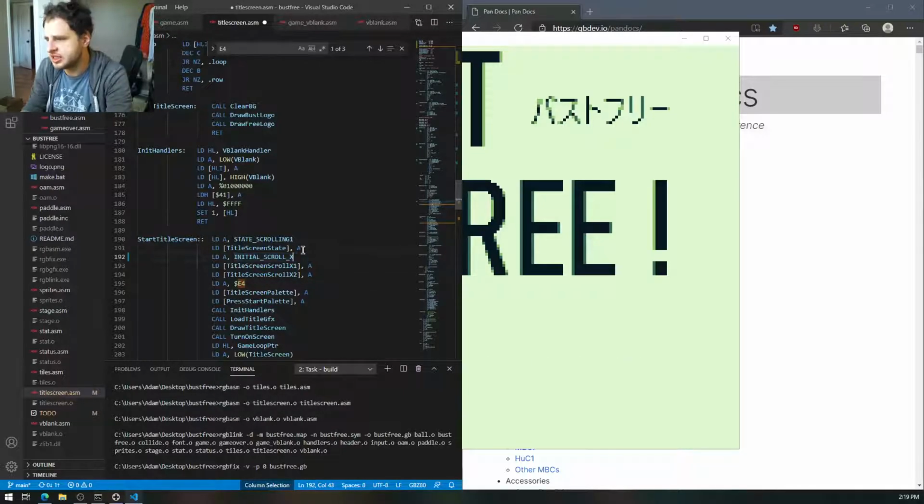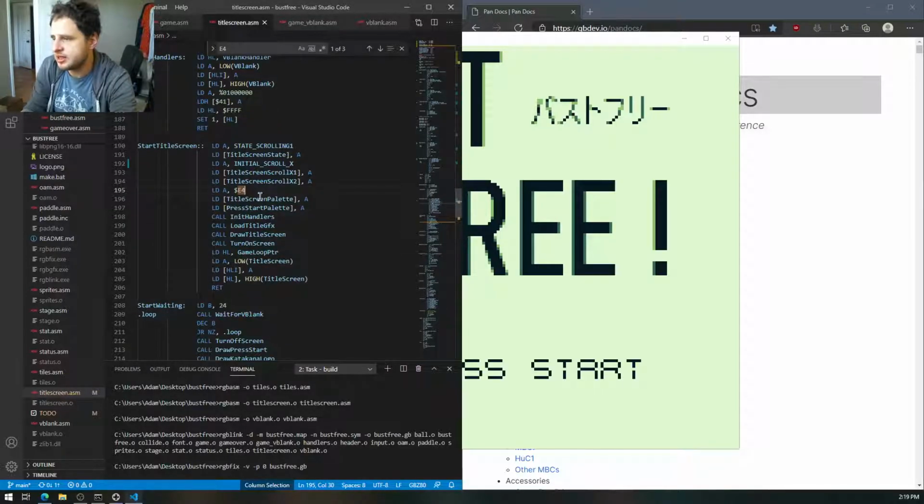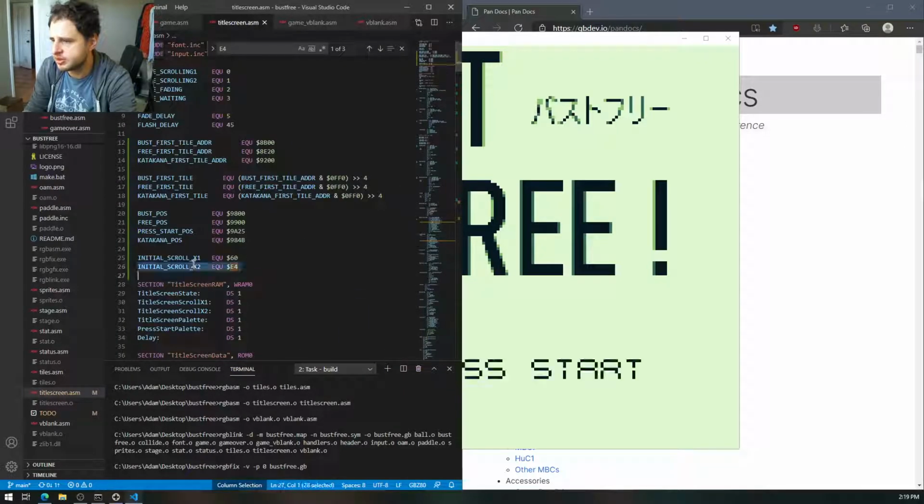Oh, actually, this is just initial scroll X, and then that's the palette. I'm not going to touch that actually, but I'm going to call that